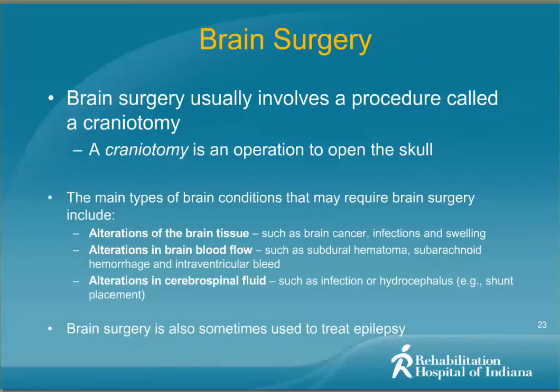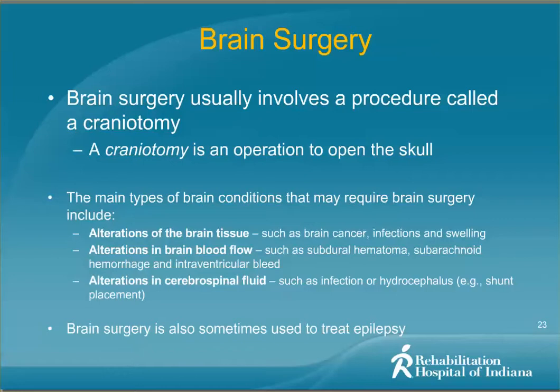As far as brain surgery goes, that typically involves a procedure called a craniotomy. Craniotomy just refers to the operation of opening the skull. The main types of brain conditions that may require brain surgery include alterations of the brain tissue, such as having a brain tumor, brain cancer, an infection of some sort, and/or swelling. So as far as the swelling goes,